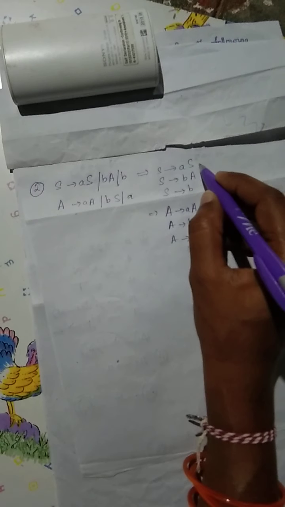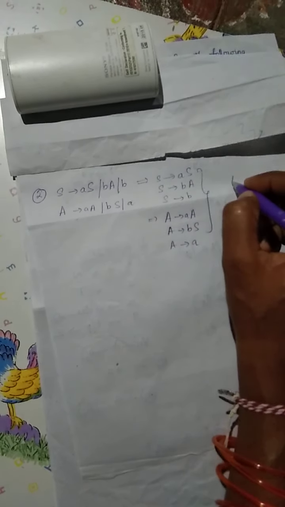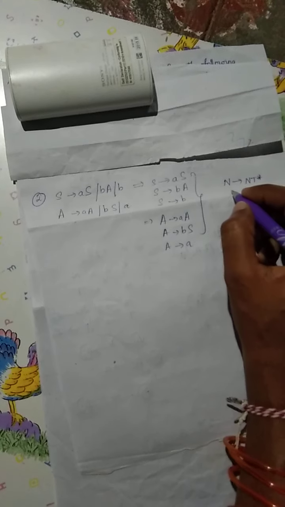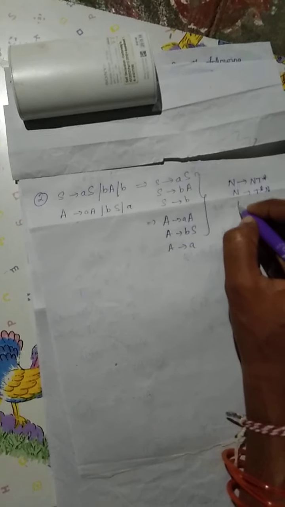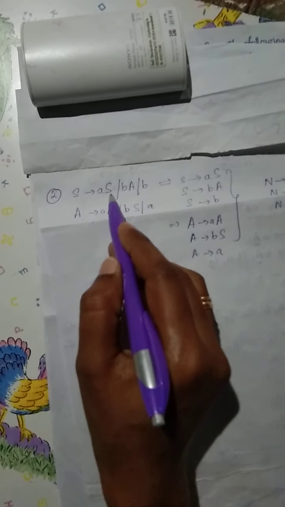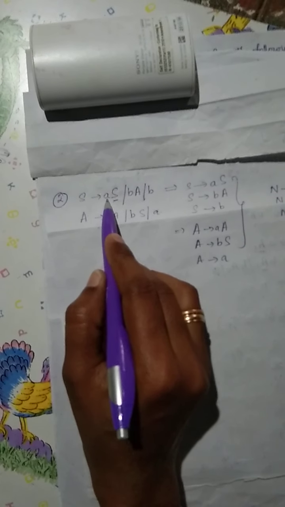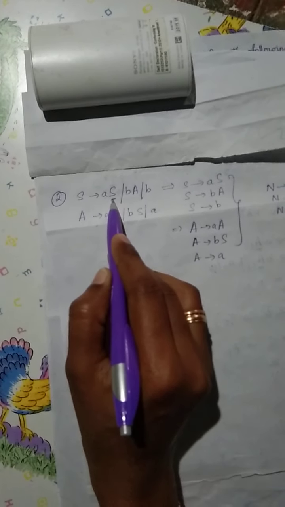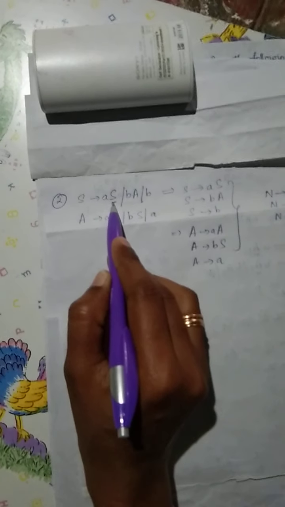Now these productions are either in the form of non-terminal tends to terminal followed by non-terminal, or non-terminal tends to single terminal symbol. Now it is in the form of a right linear grammar. Why? Because what is the position of the non-terminal on the right hand side of a production? It is on the right side of the terminal symbol, so it is a right linear grammar. Now we are going to convert this right linear grammar into the automata.